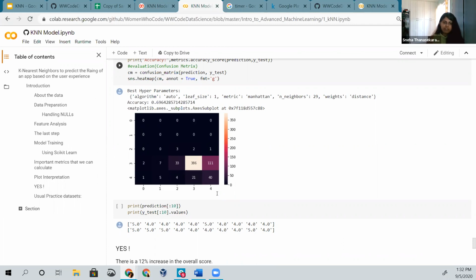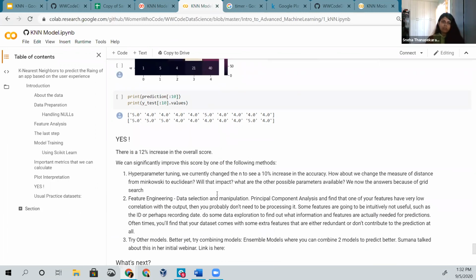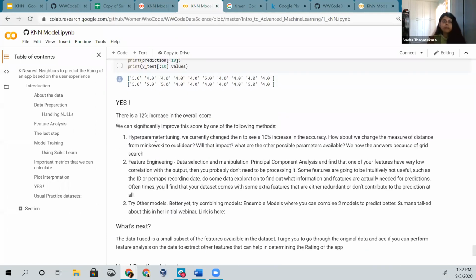The next step would be to further improve the accuracy. How can we do that? There are a few methods that you can try to improve upon this model. The first one is hyperparameter tuning. The GridSearchCV did do a good job of tuning the parameters for you. But you can also look at